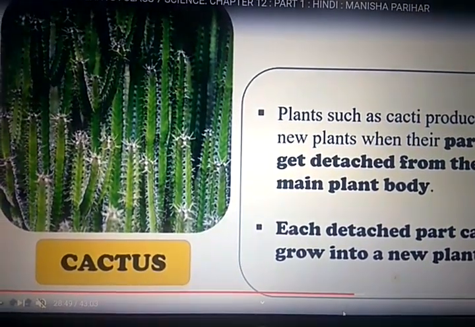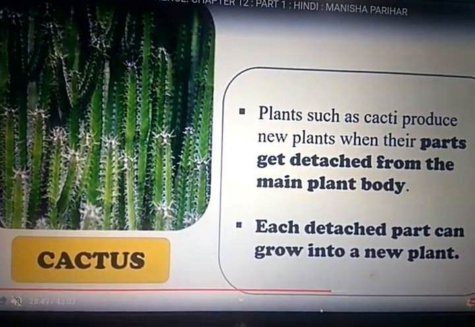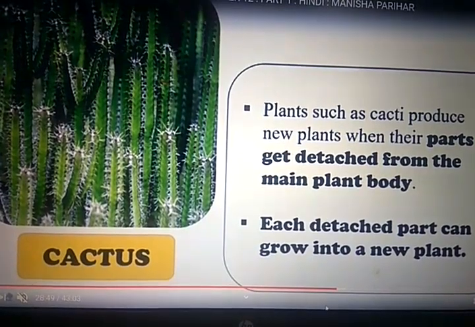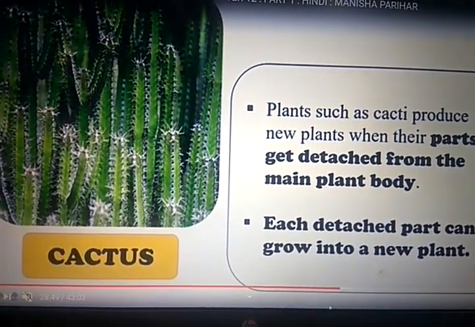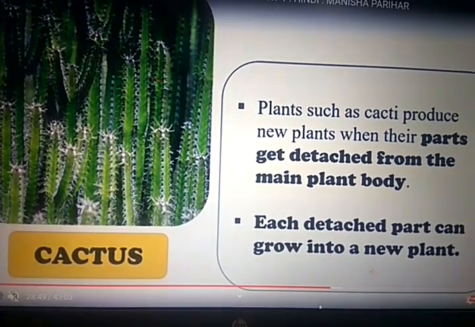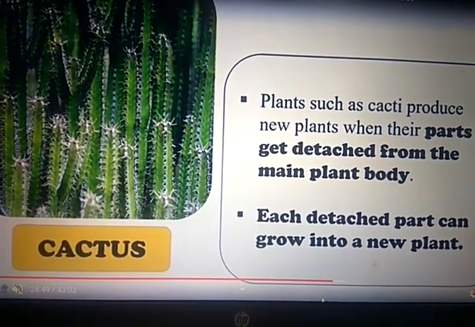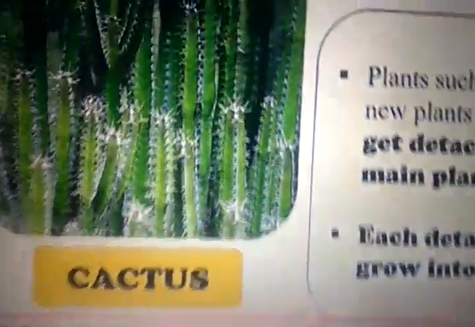Now you can see here cactus. Plants such as cacti produce new plants when their parts get detached from the main body of the plant. Each detached part can grow into a new plant.